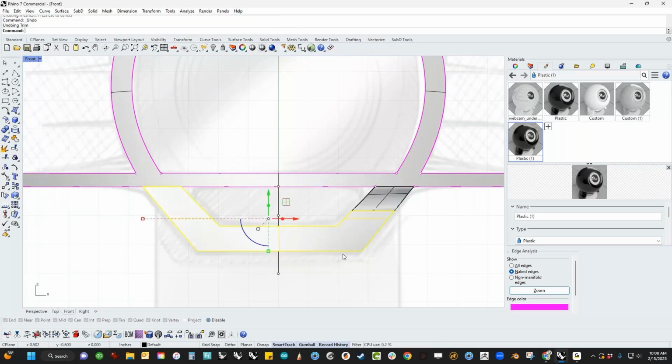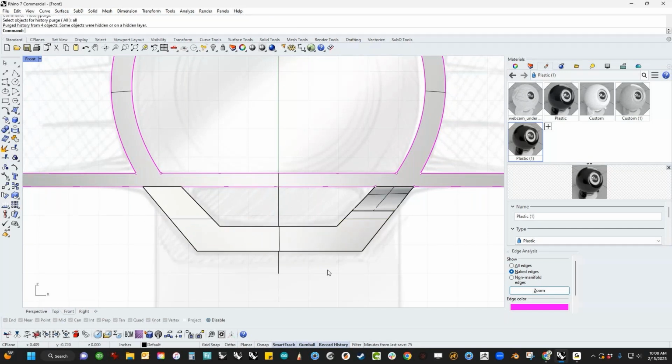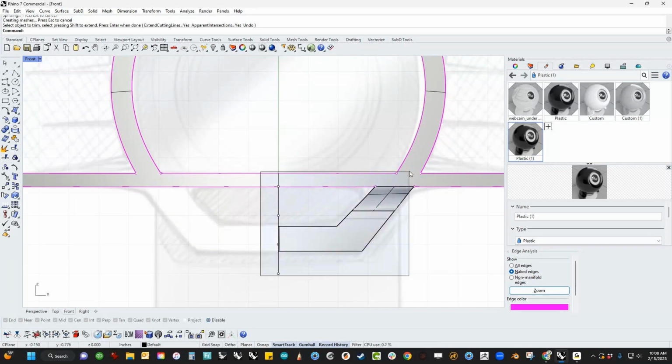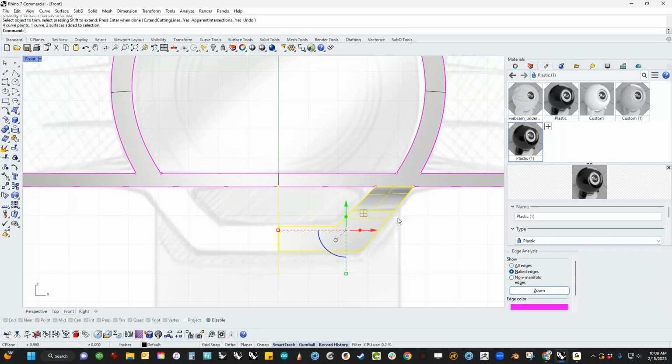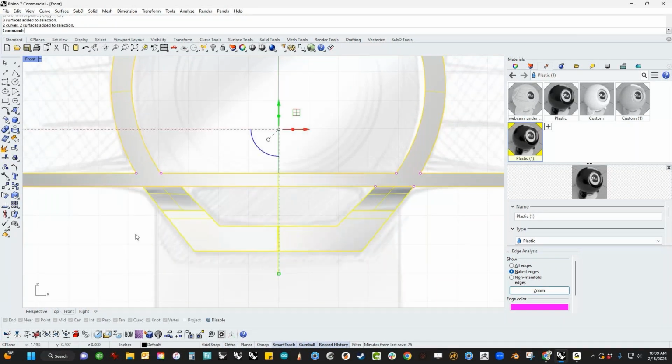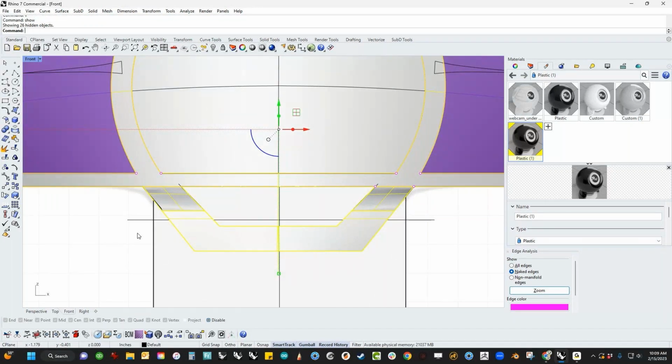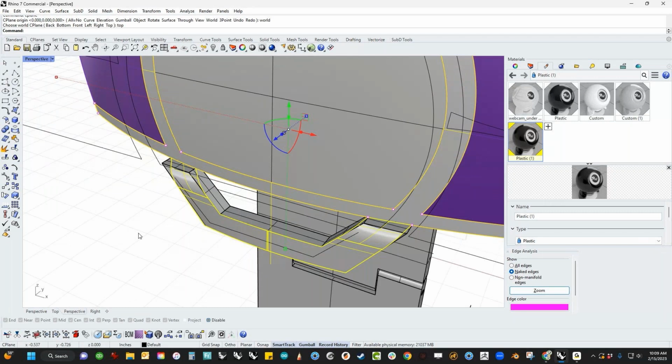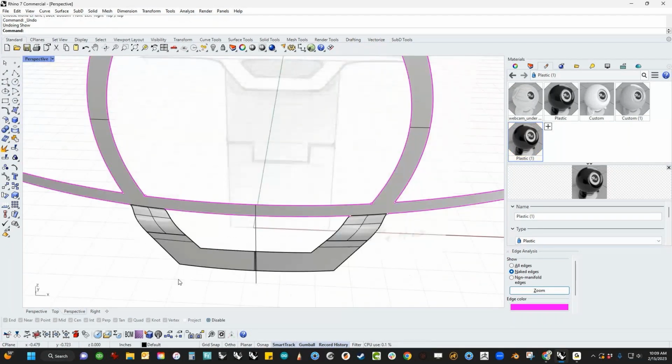Oops. See how that updated? That's a function of history misbehaving. So I'm going to kill history first, and the command is history purge. Then I'm going to trim this, and then we will mirror this around there. That way it all behaves, does what it needs to do. And the underlying structure is going to be wrong. So let's